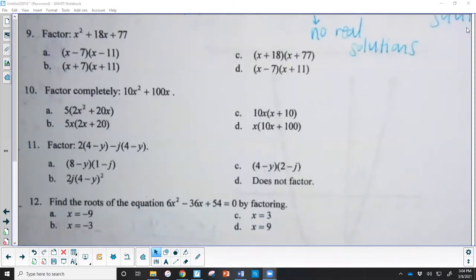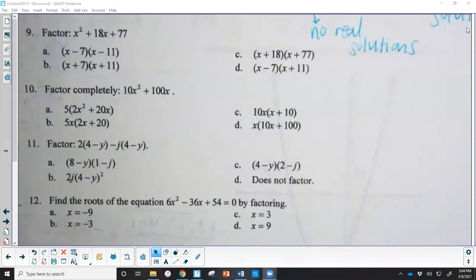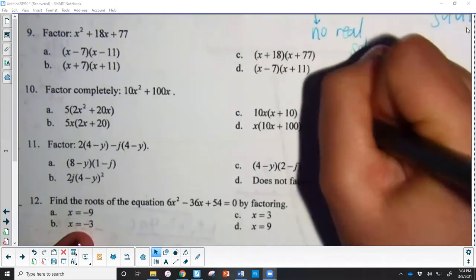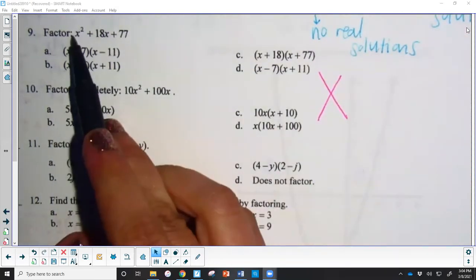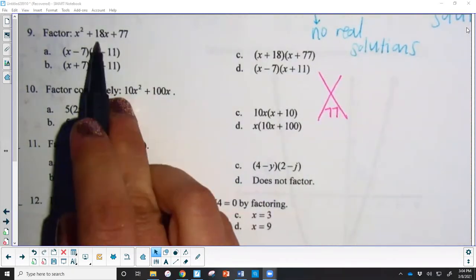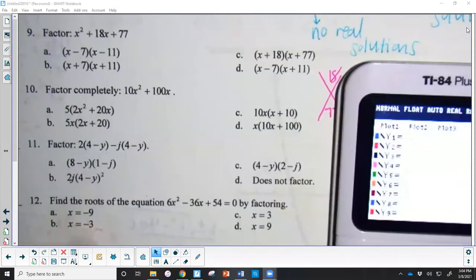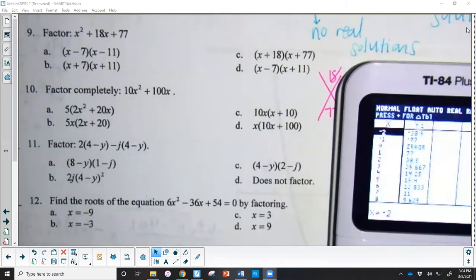Number 9, a good method for this one is going to be the x method because I'm already in parentheses here. So let's do that. A times c, my a value is 1, times c is 77. My b value is 18. So again, going back to the calculator, typing in 77 divided by x. Going to go to the table, and I'm looking to see if,